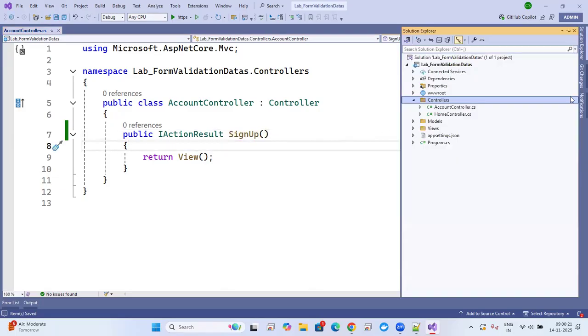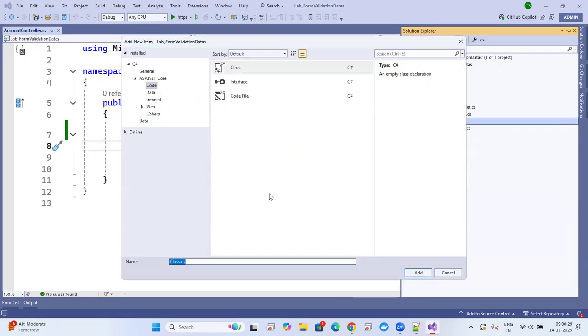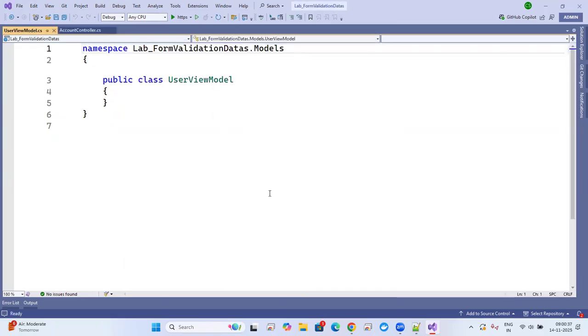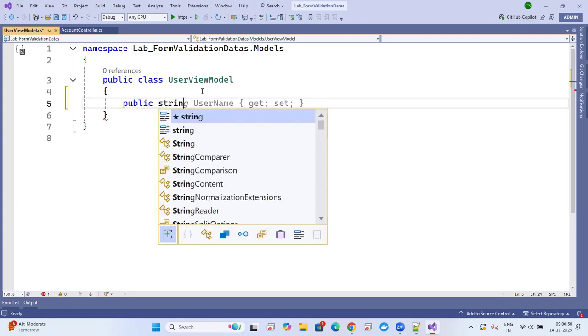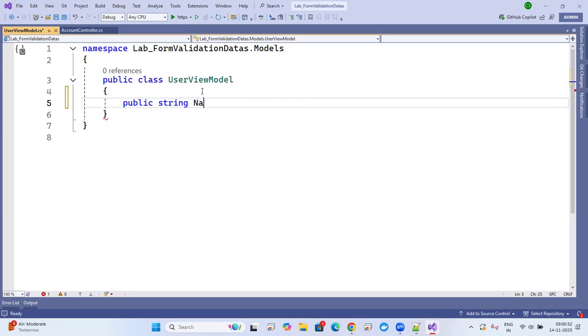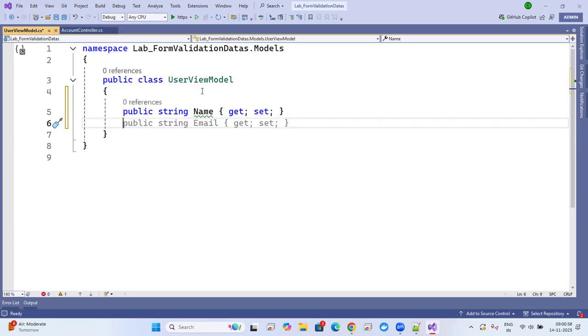Now we create the one model on here as user view model. Okay. So on here we have created some property. Public string name get set and public string email